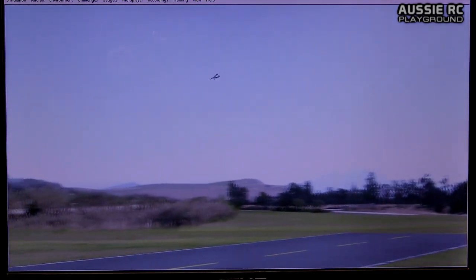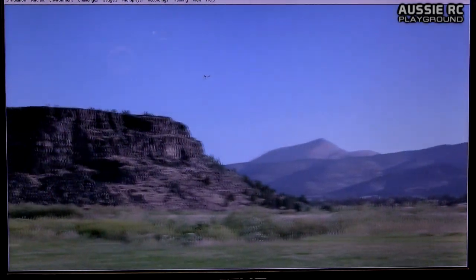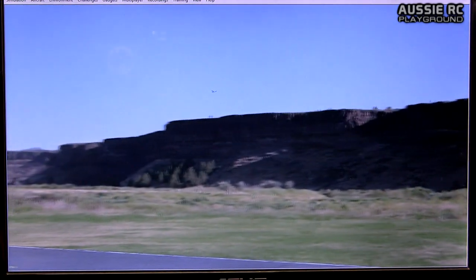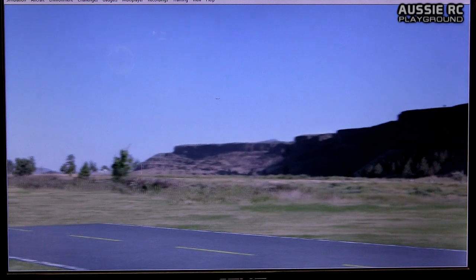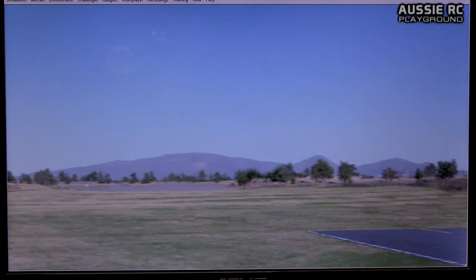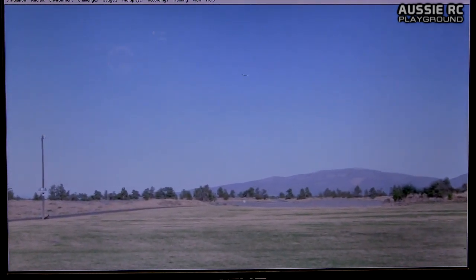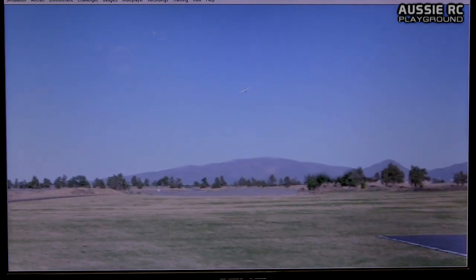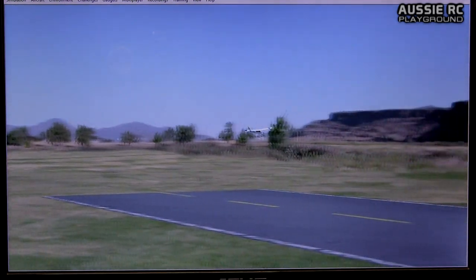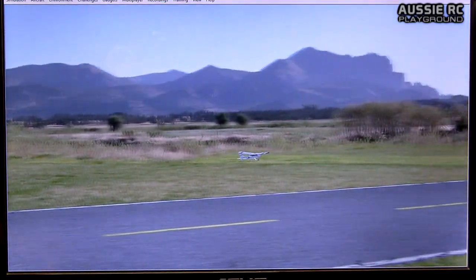So far so good. I've been trying a couple of different planes, and this one seemed to be the most stable and the easiest to fly. So you know, it's taken me a little while to get here, but I can tell you that with some of the other planes it was almost impossible to do this. This one at least is allowing me to really... let's see. Oh, here we go. Look, you know, oh, a little wobbly, but